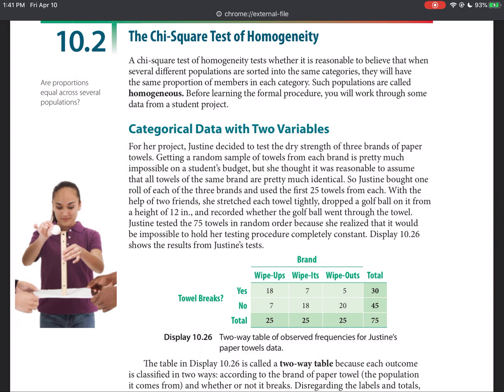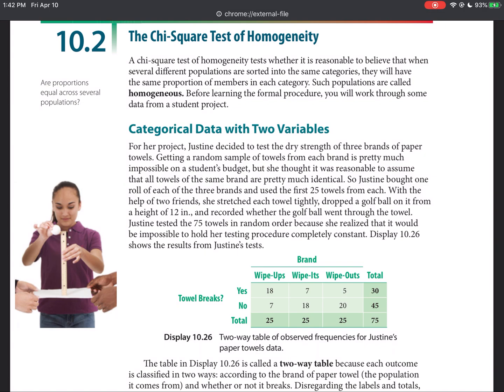If you get one large group and then simply categorize them by multiple variables, then you would be running a test of independence, and that's in section 3. So technically speaking, if somebody went to a grocery store and just arbitrarily grabbed a bunch of paper towels and threw them all in their cart and then said, hey, let's test and see how durable these paper towels are. What we could do is start pulling them out of the bags